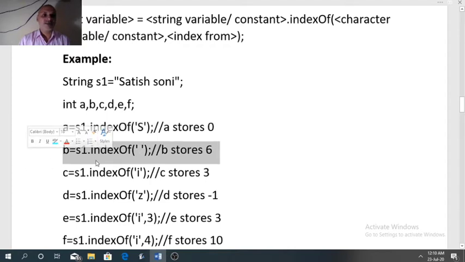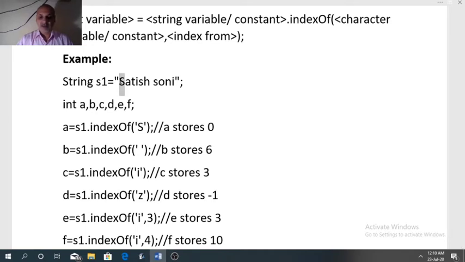Now second example, we need to check the index of space. If you count from here: 0, 1, 2, 3, 4, 5, 6. Space is present at index 6. That is why B will store 6. Third example, indexOf 'i' we want to search.